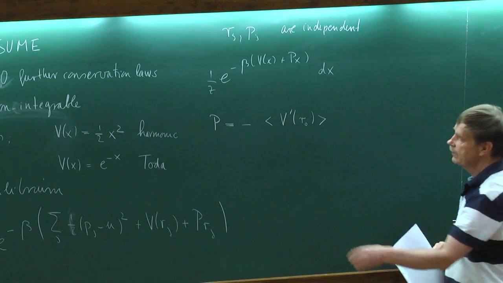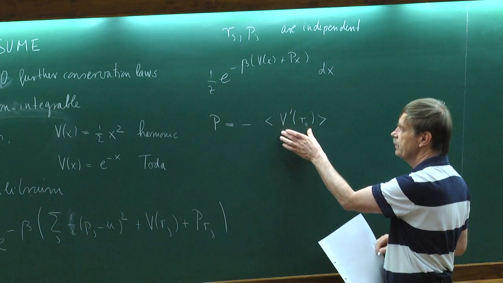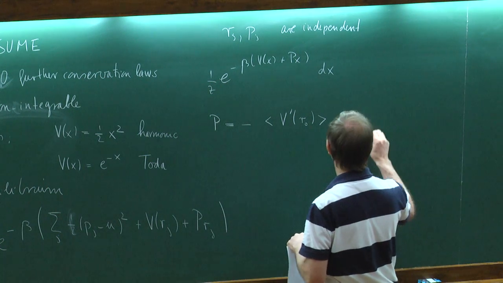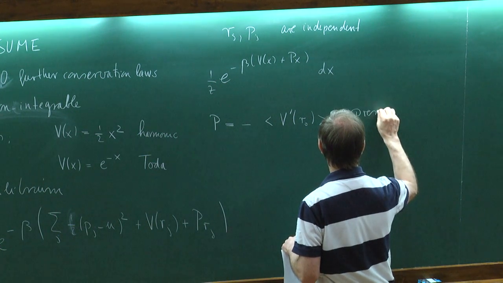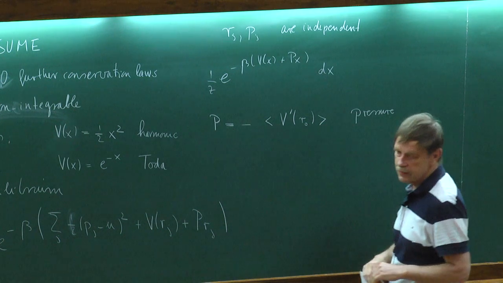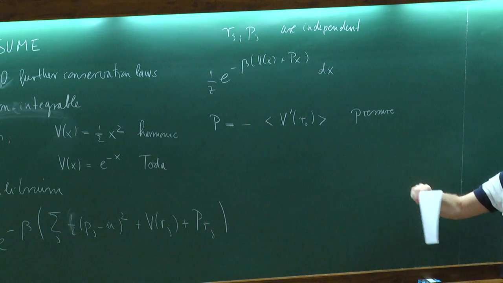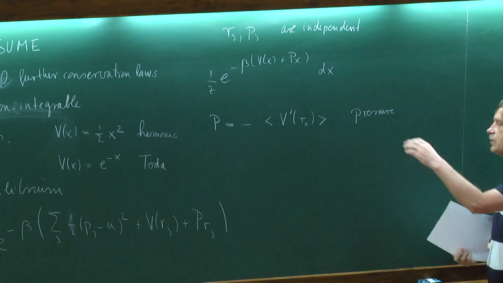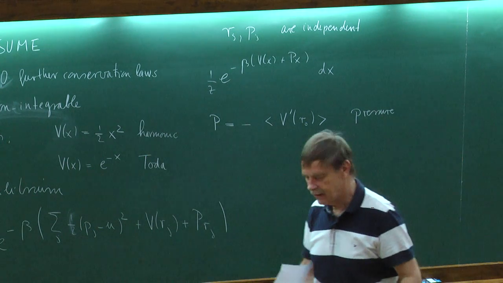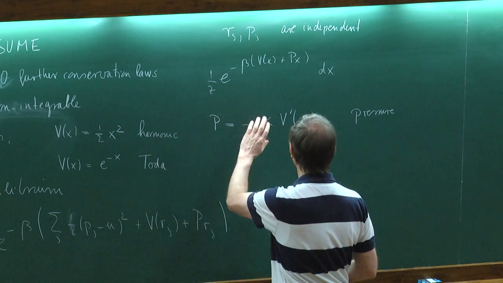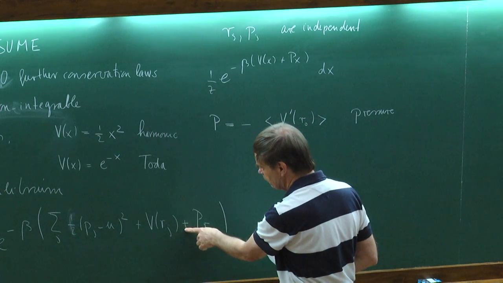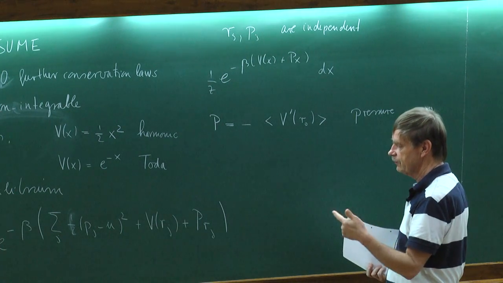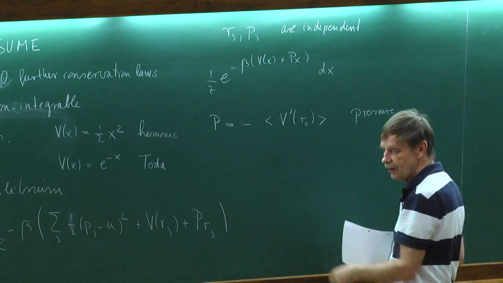Well, this means that the P is nothing else than the average force between the particle with label 0 and 1. This is something which we would call the pressure, and so I refer to the P here always as the pressure in my chain. If I start stretching the chain, then there will be a somewhat different pressure. People also use the negative of this. Let me just take this convention; there's a question whether I put plus or minus here. Anyway, we have 3 parameters: the mean velocity, the inverse temperature, and the pressure.